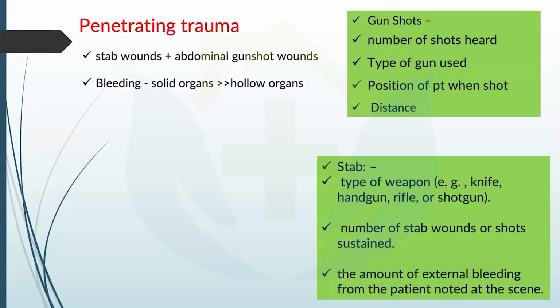But to be very frank, by the time this kind of patients come, you'll get an ultrasound done or a CT scan done, so you get a full delineation of what injuries you are dealing with. So you don't have to think too much about the mechanism and what the other injuries are, because you get a whole body CT scan and you get an entire idea about what injuries are present in the patient.